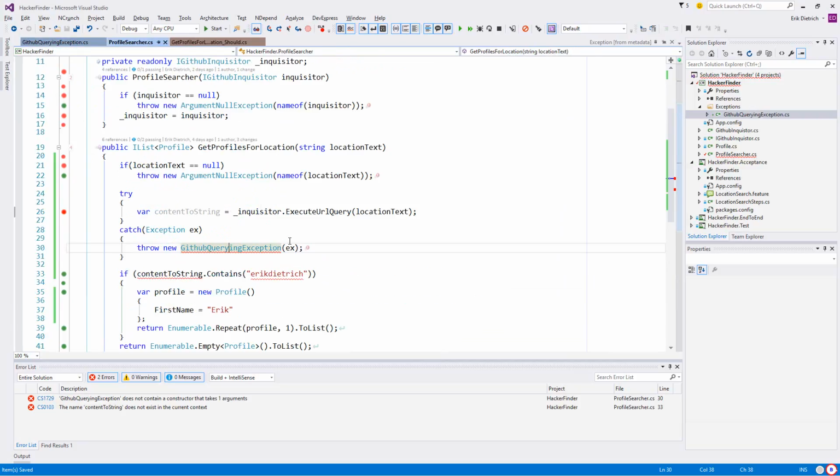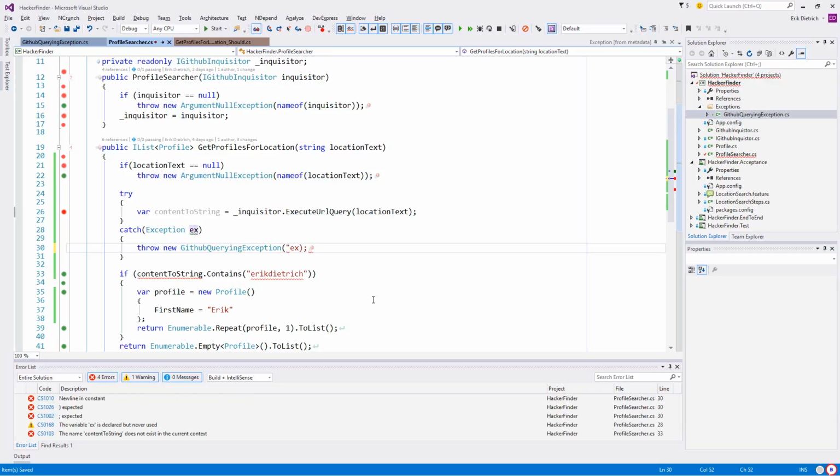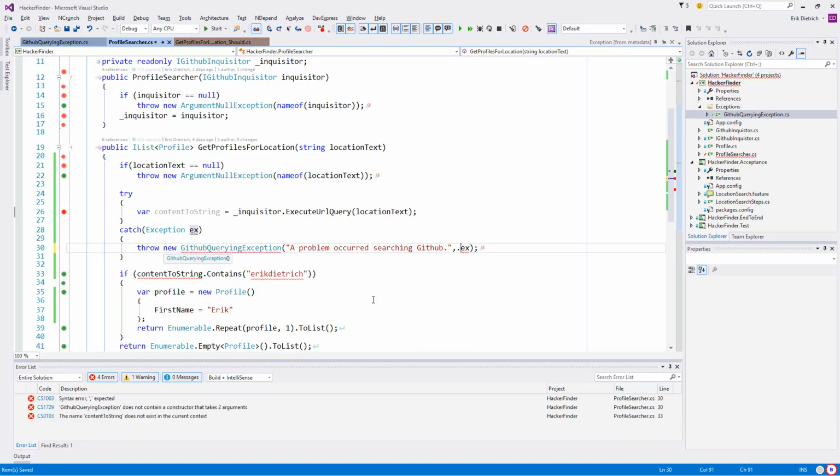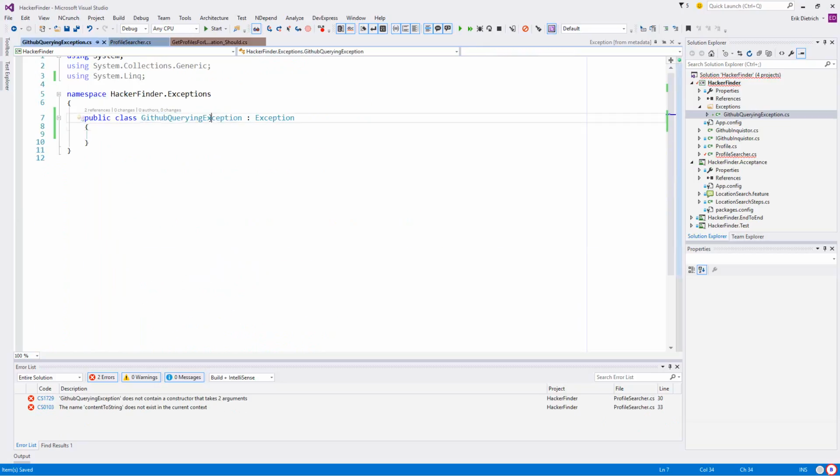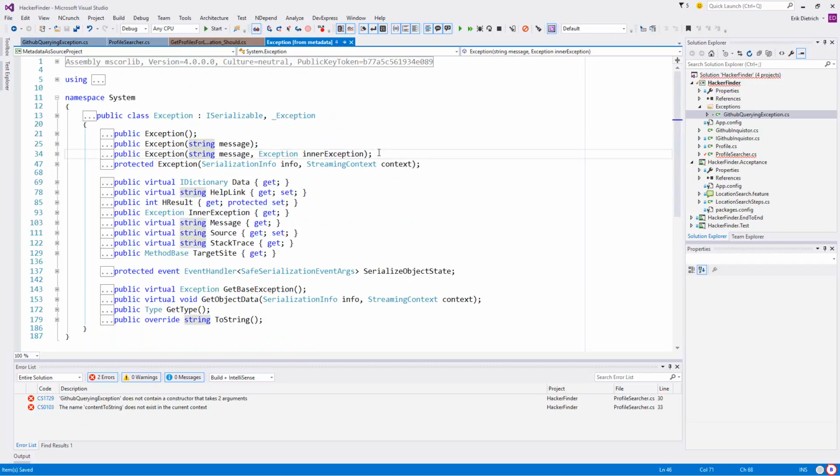What do we want to tell people here? The problem occurred searching, to maybe make this more descriptive later. What? No, that's not right. It's this constructor right here.